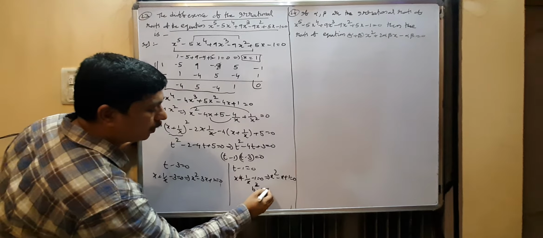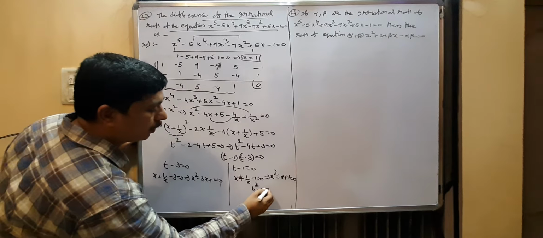So the difference of roots, alpha minus beta, is the root of b square minus 4ac divided by mod a. Substituting b square minus 4ac as 5, by 1, that is root 5. So root 5 is the answer. This equation has irrational roots since b square minus 4ac is greater than 0 and not a perfect square. In the other equation, b square minus 4ac is less than 0, which means imaginary roots, not real or irrational roots. So this equation has the irrational roots. The difference of the roots formula is root of b square minus 4ac by mod a; substituting, we get root 5.